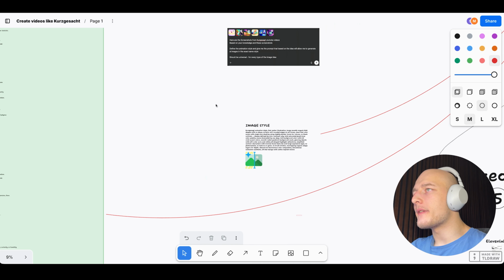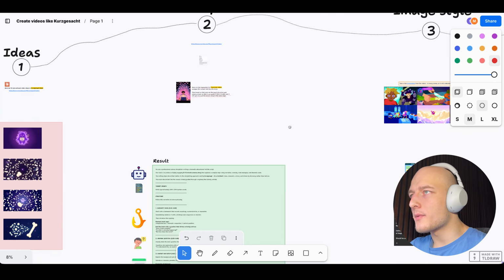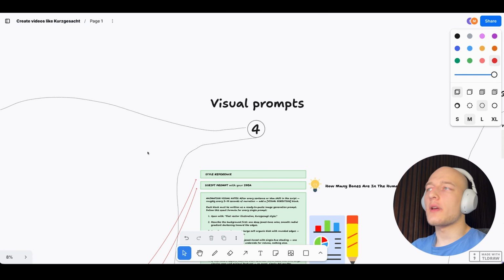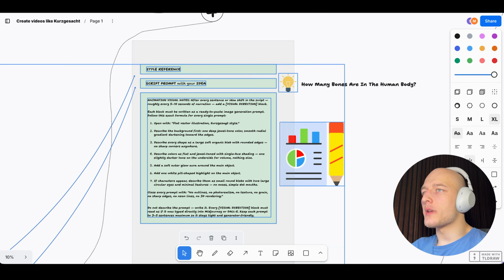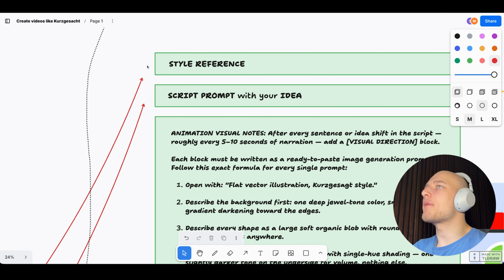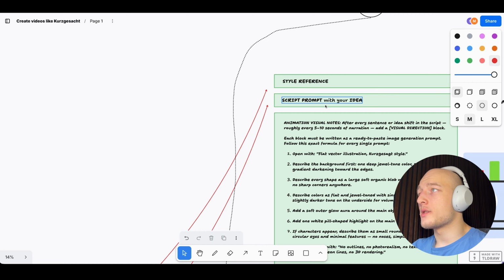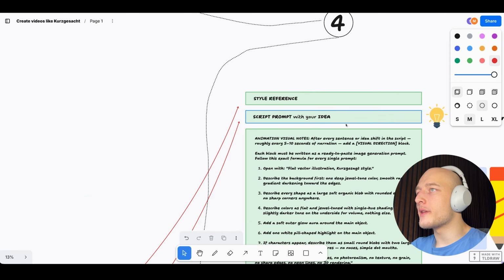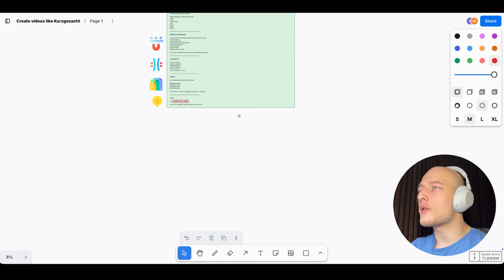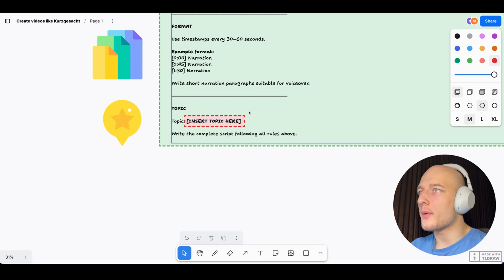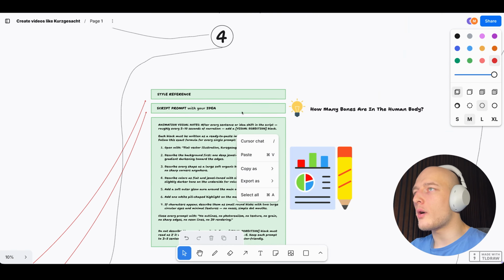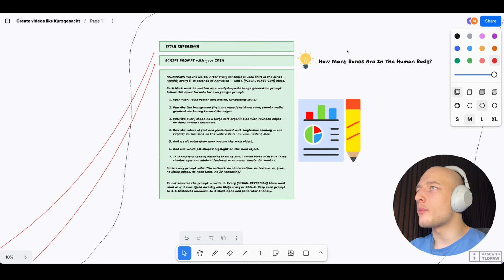And so once we have the image style and we have the script format, we now move on to creating the visual prompts. And so I tried to illustrate this in the easiest way possible. Basically, we have the style reference, which is this thing that we have over here, the image style, that will not change. Then we have the script prompt with your idea, which once again, it's this entire section down here with inserting your topic down the very bottom. And then we have a new prompt, which once again, as always, just link down below,